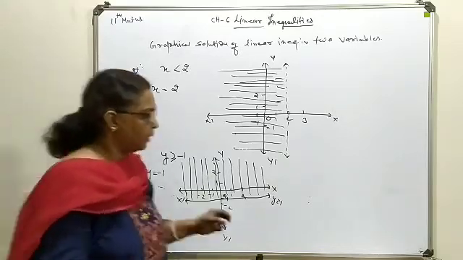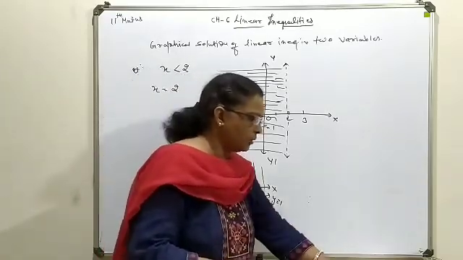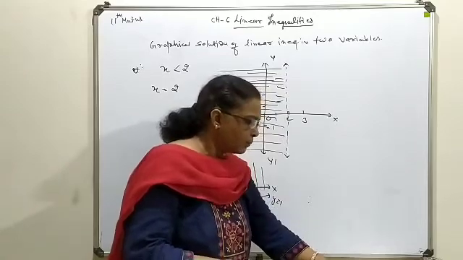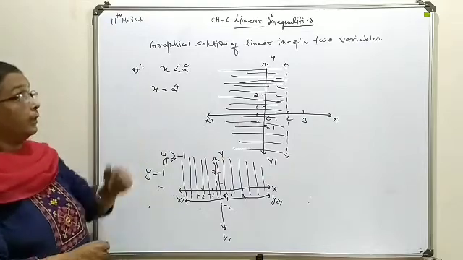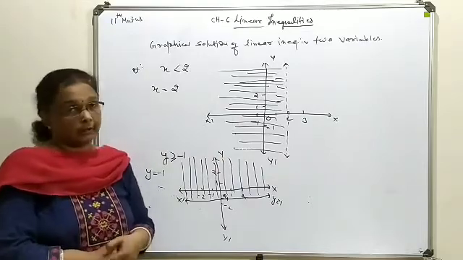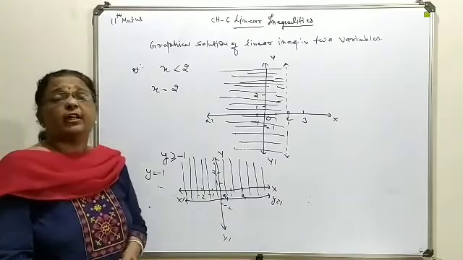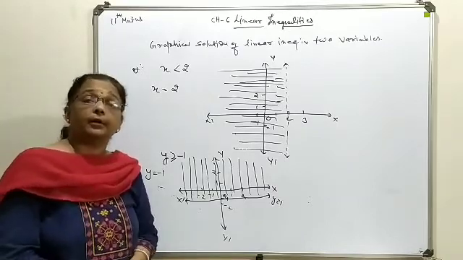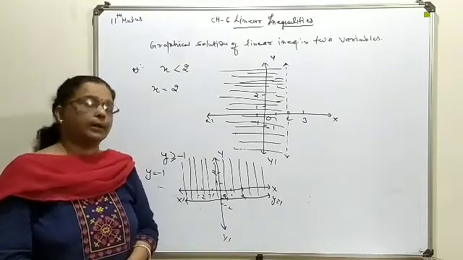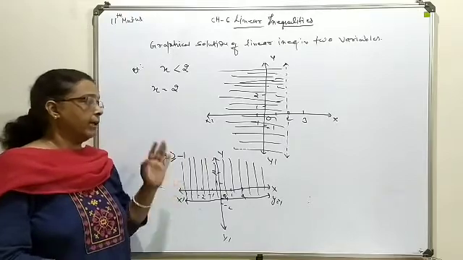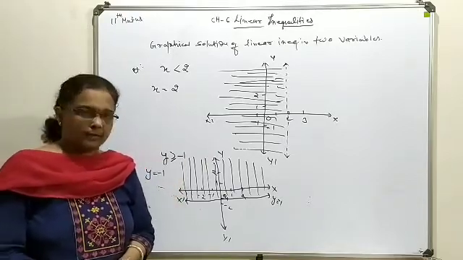So here 2-3 points we have to keep in mind while solving this type of question. I am going to repeat those points so you will be very clear about presentation of a linear inequality on a graph. First thing is you just look at the variable in which your equation is available. If it is available with a single variable x or y, then you will only have a straight line perpendicular or parallel to one of the axes.